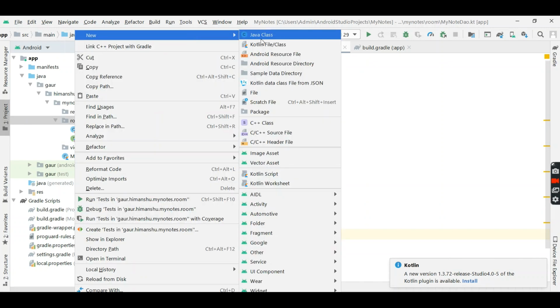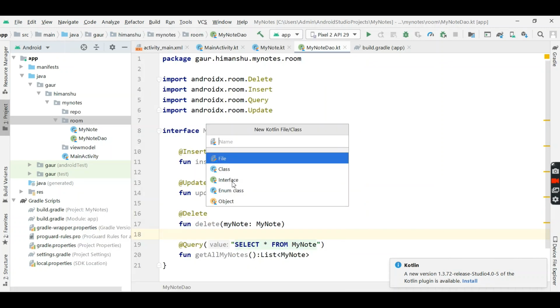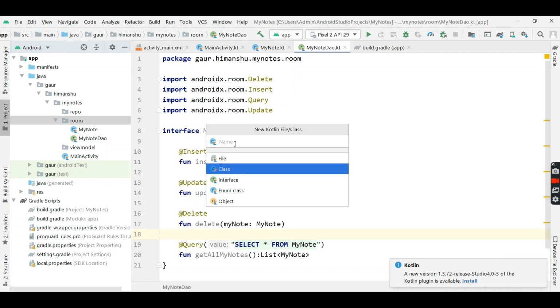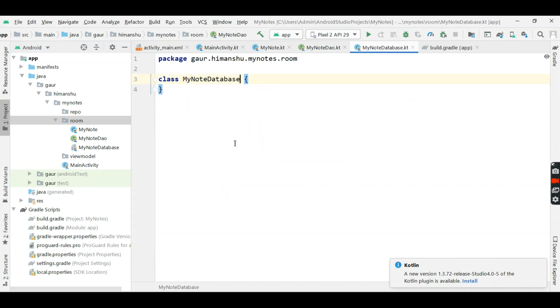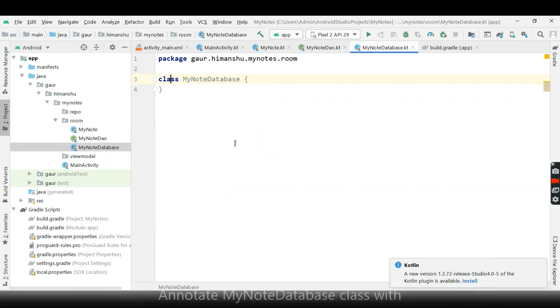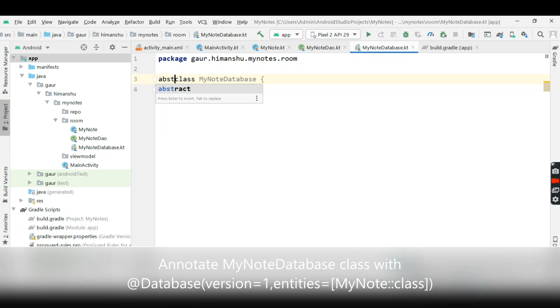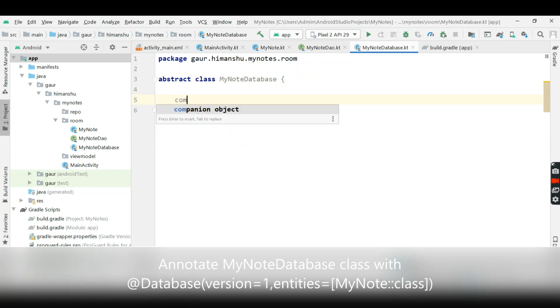Now create a database for our room. So make a class and name it MyNoteDatabase, and make this class abstract. Create a companion object, which is a singleton.